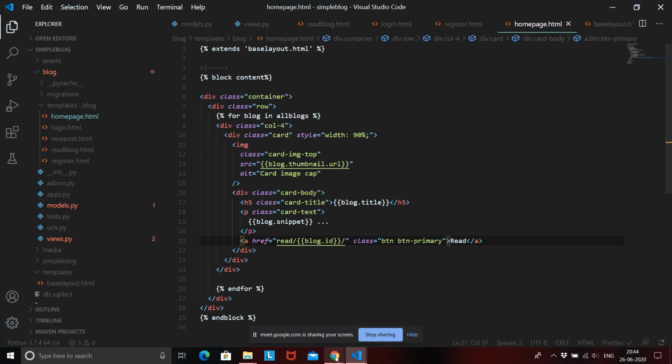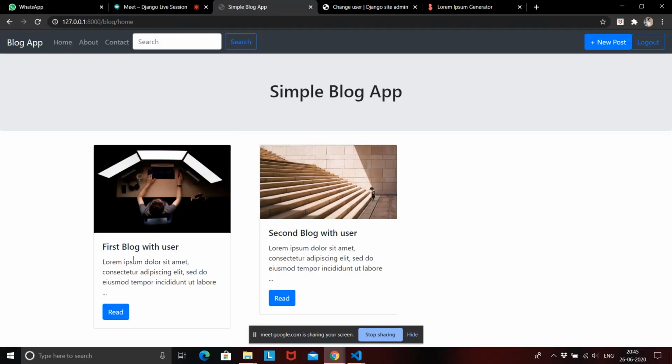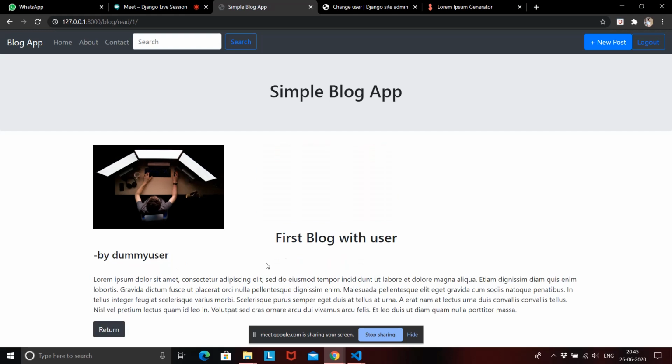That is going to make it much better, because displaying the whole body is not a good thing over here. That is, we'll be displaying it inside the read button, right? So we created this read button, and this is going to display our complete blog to us. Fine. So this is how you create a blogging website.